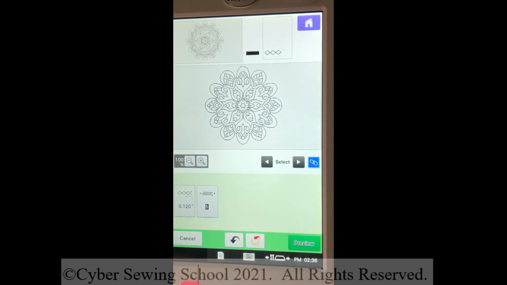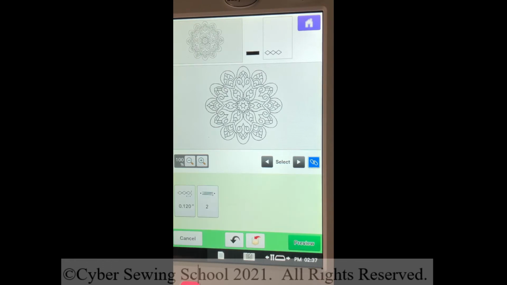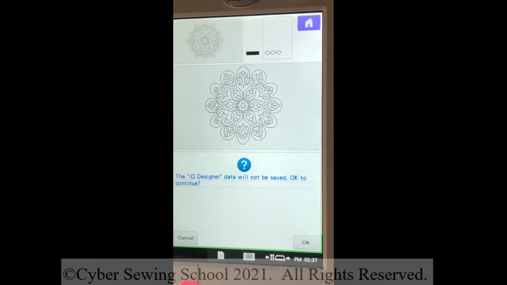What I will also do is right here on each diamond, it's going to go over each individual diamond 5 times. I don't like that. I'm going to set it down to the lowest limit because when I actually embroider this, I'll probably do it on a knit, and the more stitching you have, it's really going to pull in that knit. I have to worry about push-pull compensation, and I just want to reduce that outline down to 2 because I think I will get better results. I'm going to press set,